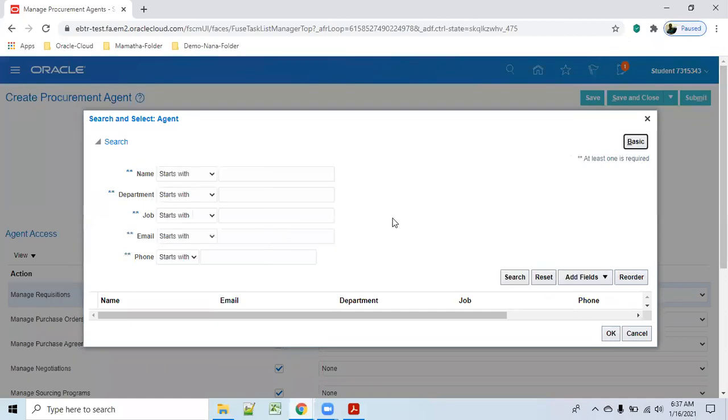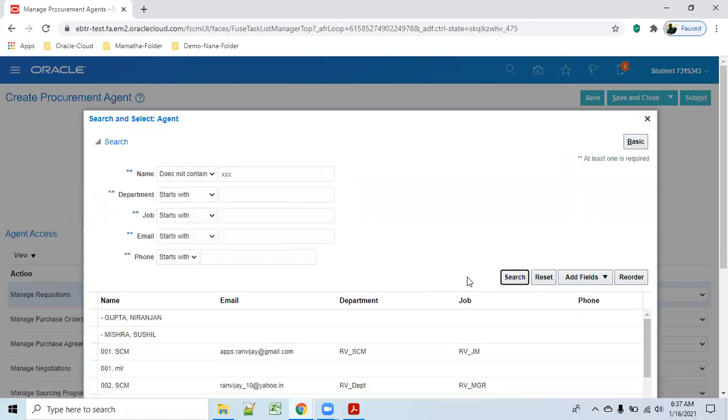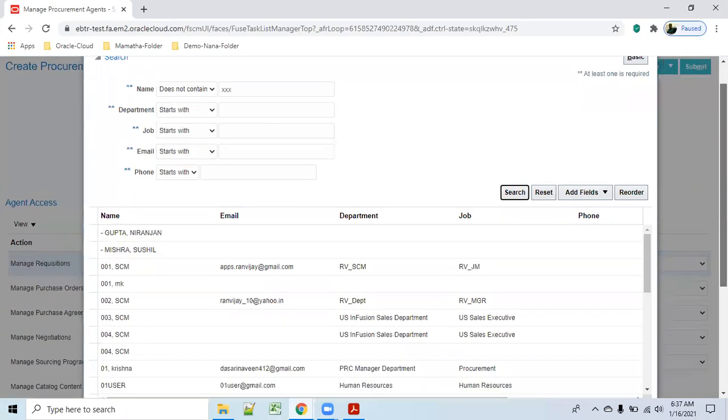Just for understanding, I am taking another person who does not contain XYZ. Why is my name not coming? When you were creating the user, you selected the legal entity, ledger, legislation, and then the BU also. Under that legal entity, whatever BUs are there, you have permission for those BUs. Other than that, you don't have permission to see.